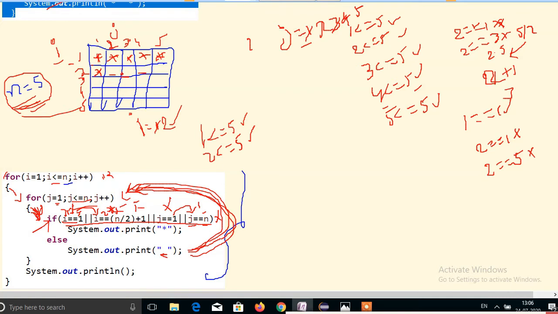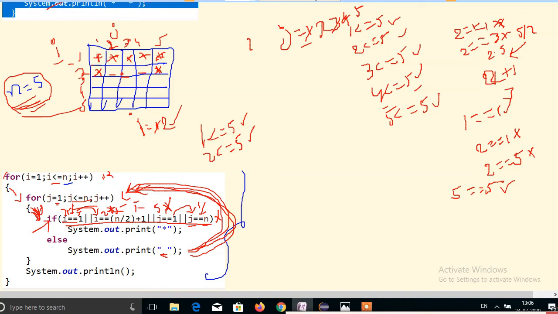Now j double equal to n: j is 5 and n is 5, so the condition is true and it will print a star.